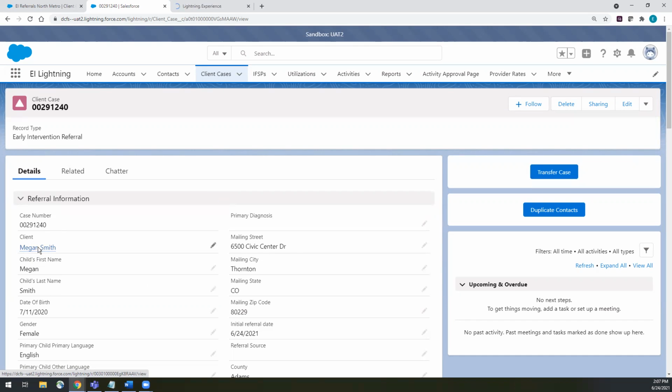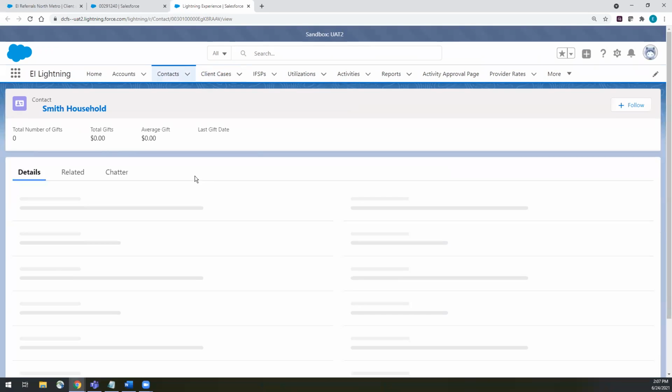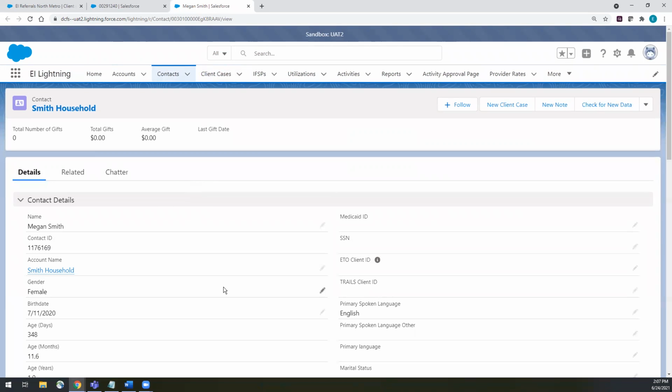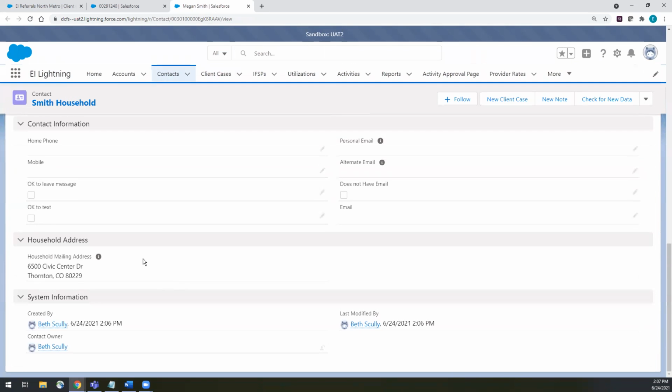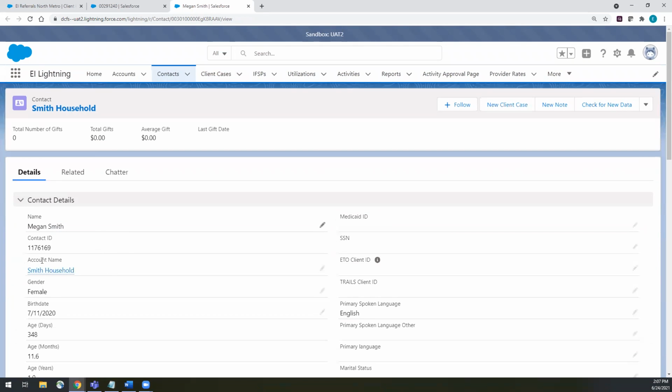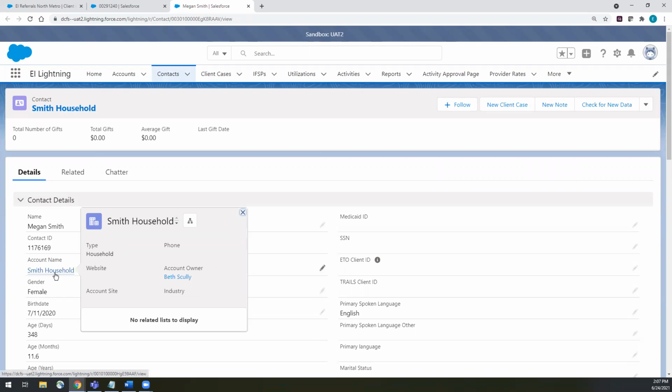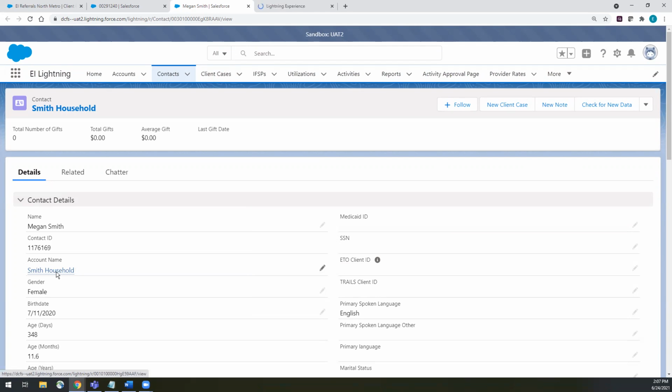And if we look at Megan Smith's contact, we can see the information that we filled out regarding her date of birth, her primary language, if an interpreter is needed, county of residence, and address information is all completed. We'll also see there's a new household for Smith. If we go to the Smith household,